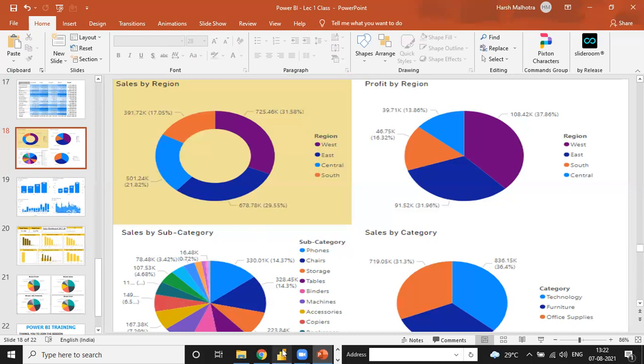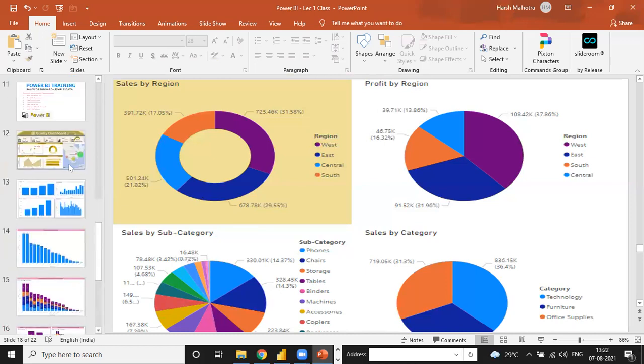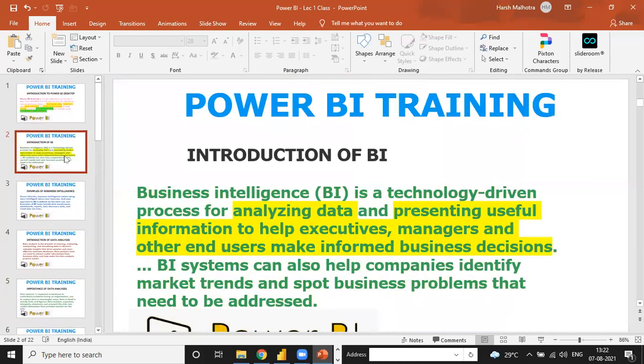Suppose, for example, we are preparing a report on a month-to-month basis. We have fed the data till, say, June. Now July is over, so now we are feeding the data of July also. Do we need to change the range or something like that, or does it update automatically?